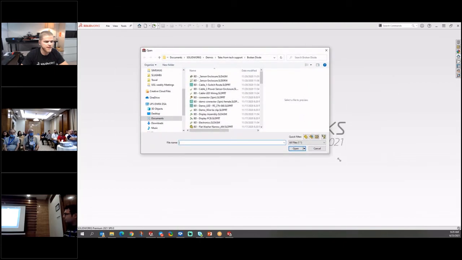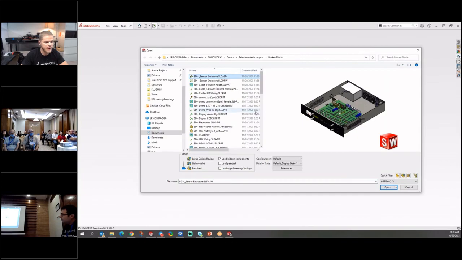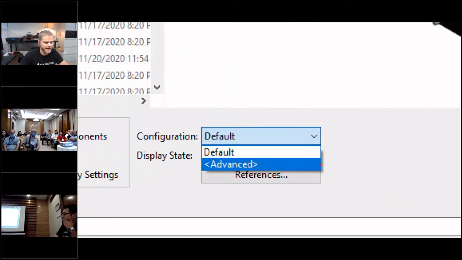And in this assembly folder here, broken diode, I'll expand this so we can see. If I pick that assembly option there, you've probably used this before, where you just open an assembly and it goes right to the default configuration. Well, underneath this configuration drop down, there's an advanced button.